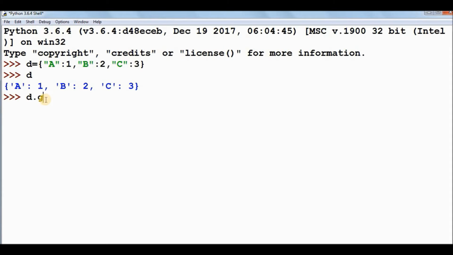If I write d dot get, inside the get method we need to specify the key and we will get the value. Whatever value we want from the dictionary, we need to specify the name of the key inside the get method. If I write a inside this get method, it will return me the value of this particular key. Okay, if I write d dot get and I write b inside this get method,